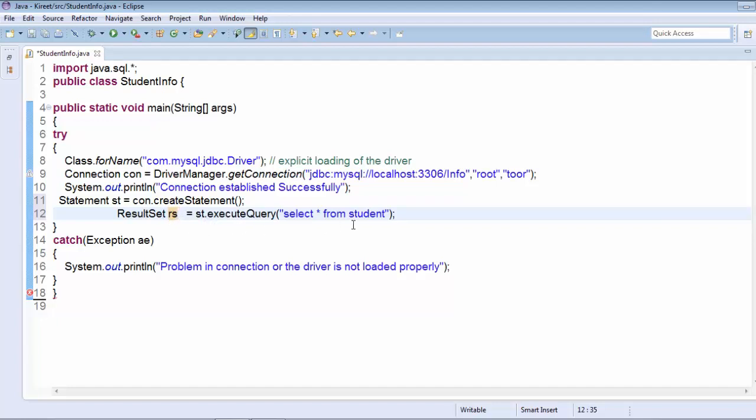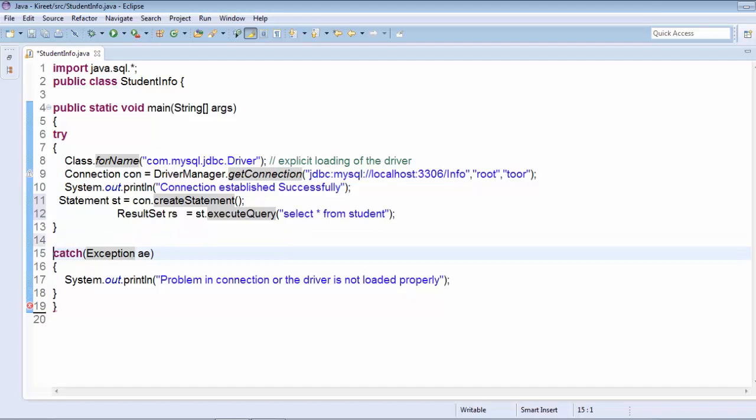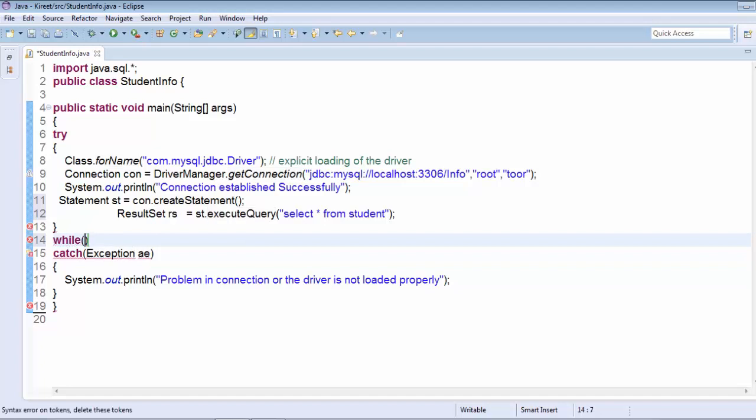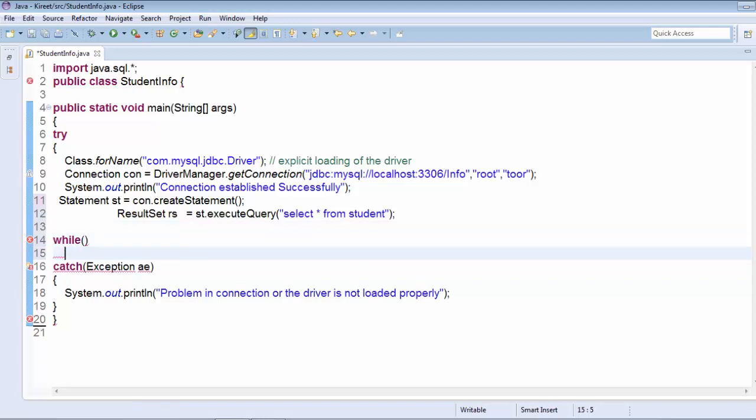Now the next step is we have to process the results. We have to process each record, each row. For each row we have to process what is in the first row, what are the different columns. Then we have to process the second row. So we have to use a while condition.